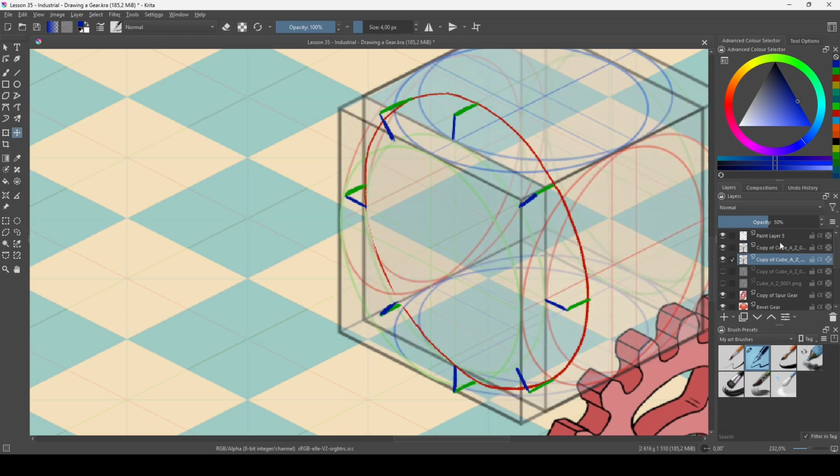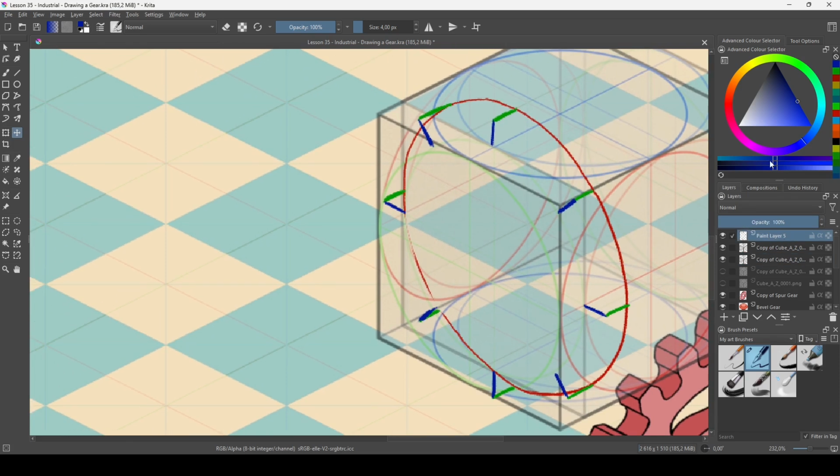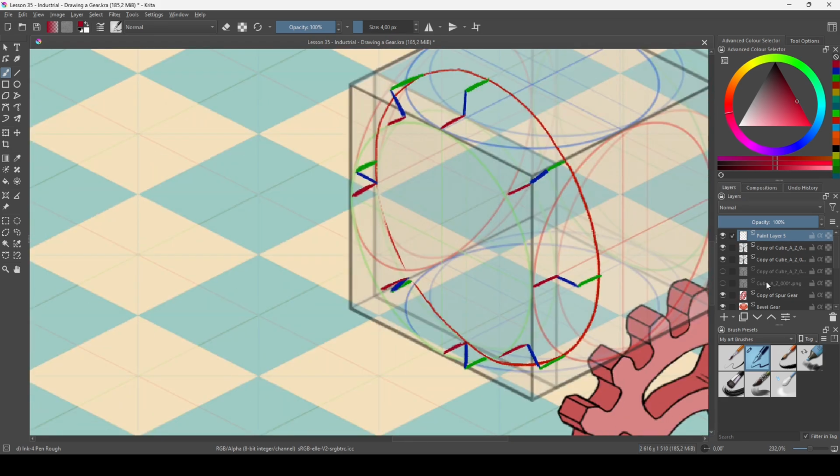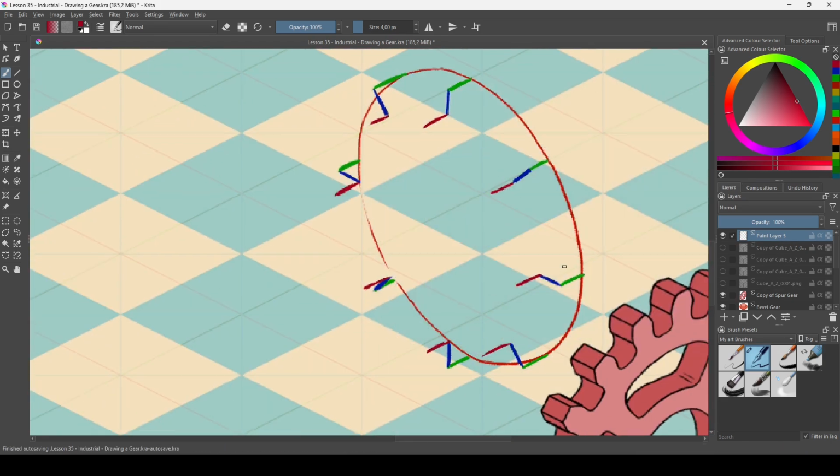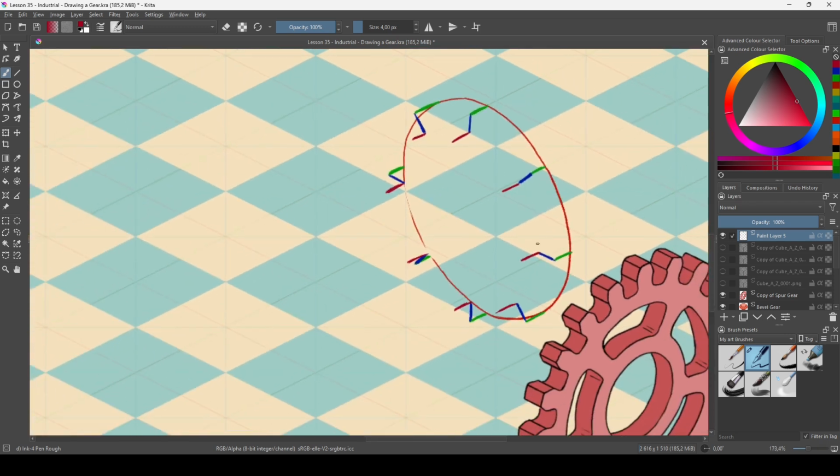Let's keep that, just lower the opacity. Right, and then back to our drawing layer, and let's make that a red color. So this needs to follow the grid again. This is basically what we want. So this is the width of the thread. That's the depth of the thread, and that's the width of the base of the thread. So basically on the inside